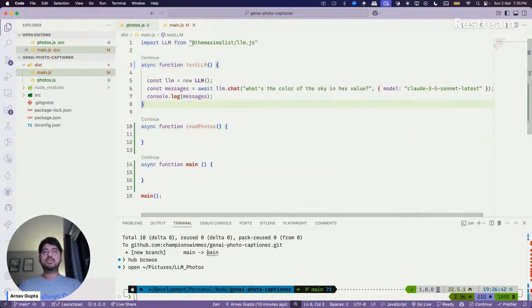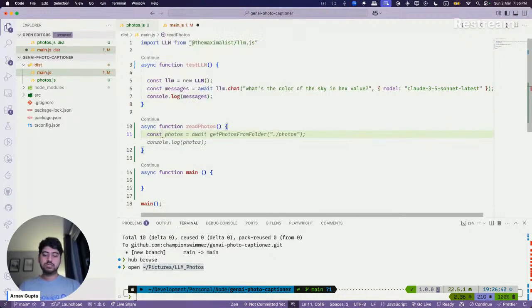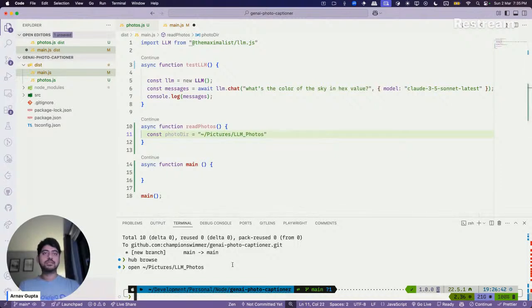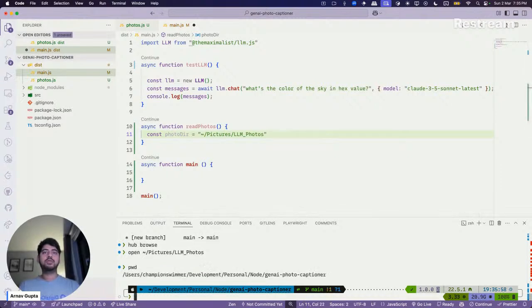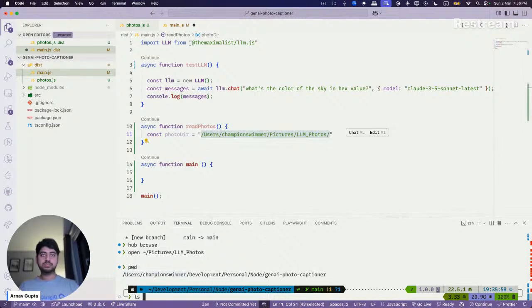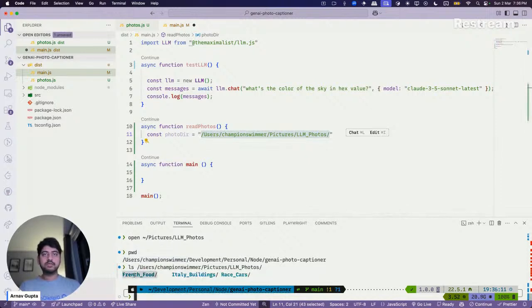All right, let me probably just pass a hard-coded path like this. In fact, let me pass properly user slash consumer in the beginning, actually. LLM photos slash, let's see, the French food one.